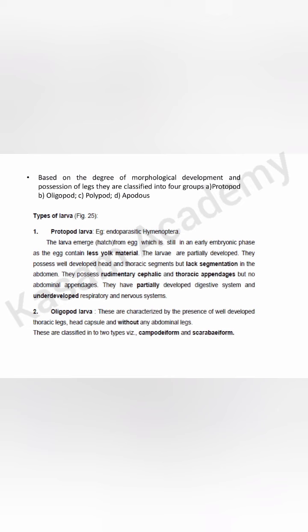Now we will see different types of larva based on the morphological development and possession of legs. These are classified into different types, which are protopod, oligopod, polypod, and the last one is apodous larva. First we will see protopod type of larva. Generally we see it in endoparasitic hymenopterans, and here the larva emerge from the egg during the very early embryonic stage